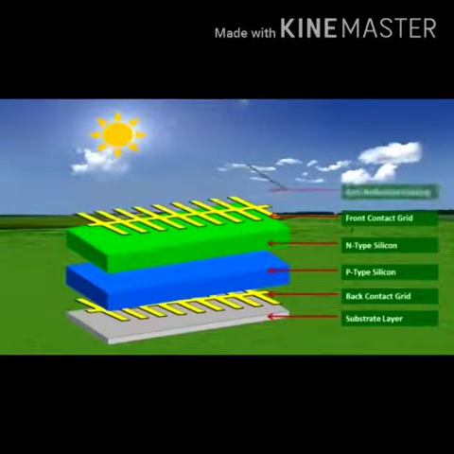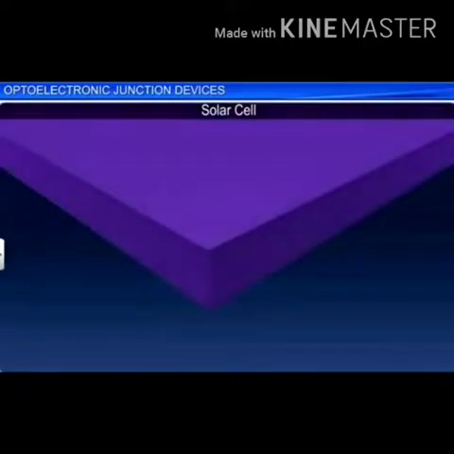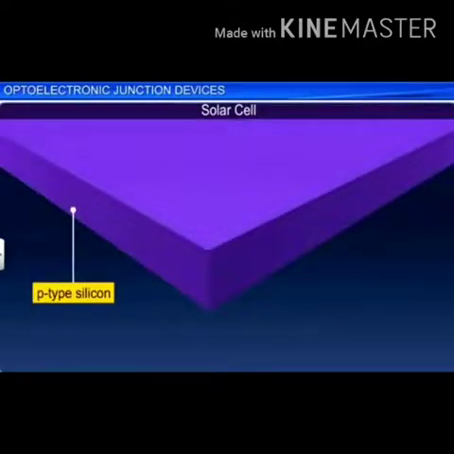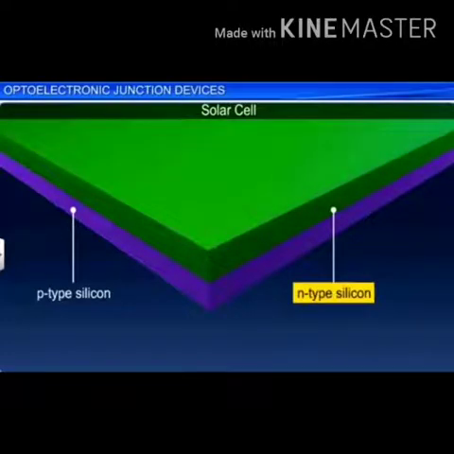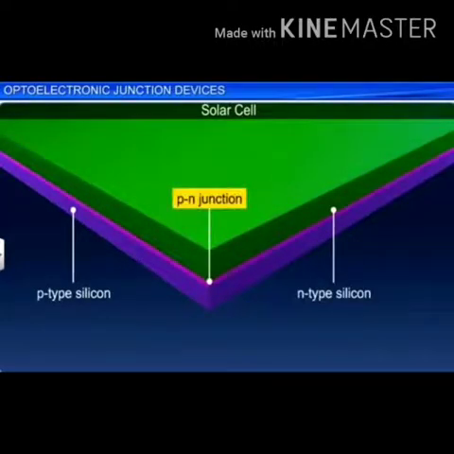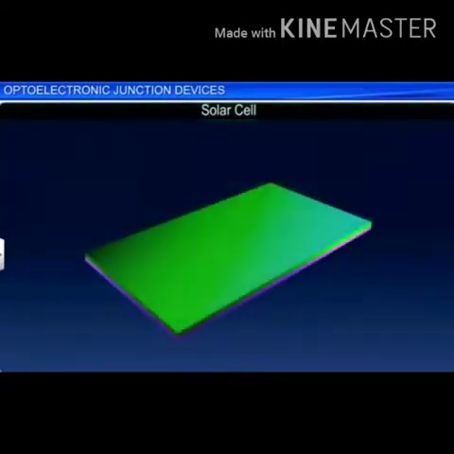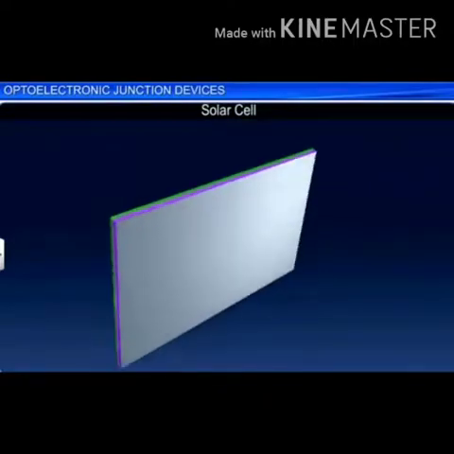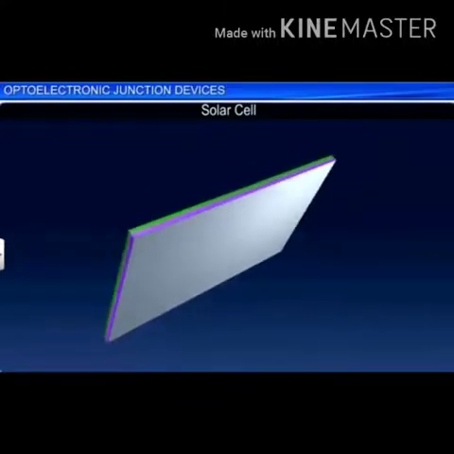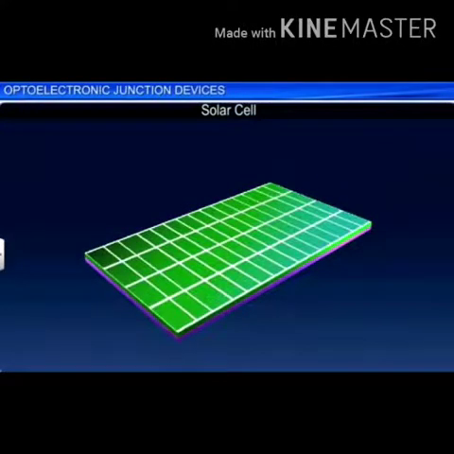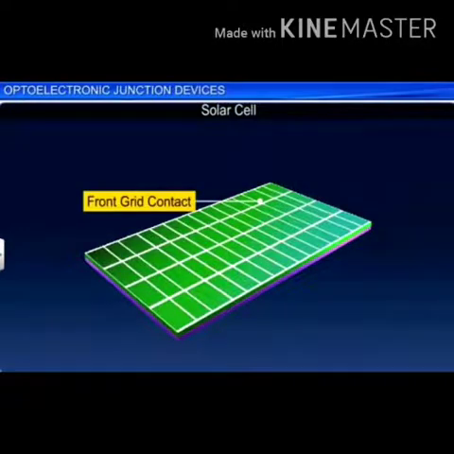The difference is that the P-type solar cell uses P-type silicon as the base with an ultra-thin layer of N-type silicon, while the N-type solar cell uses the opposite combination. On the other side, the P silicon is coated with metal which forms the back electrical contact. On the top of the N-type silicon, a metal grid is deposited which acts as a front electrical contact. The top of the solar cell is coated with an anti-reflection coating and glass.